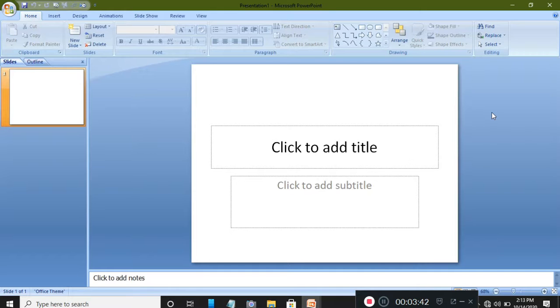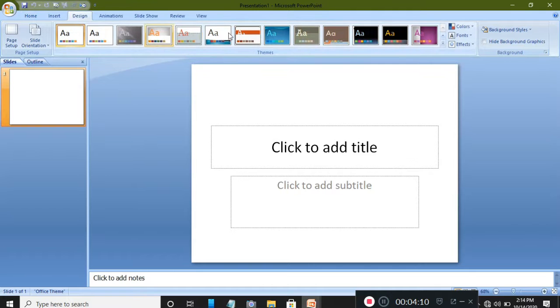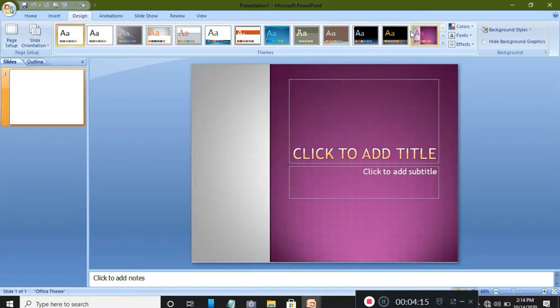To do this, go to the design tab at the top of the page. As you know, the topmost part of your document screen is known as the ribbon, which contains lots of tools which help us to complete our document. These are the tools, and here the first one is home, second one is insert, and third one is design. Now here you can see a number of designs are given. According to your choice, according to your data, you can choose any one.